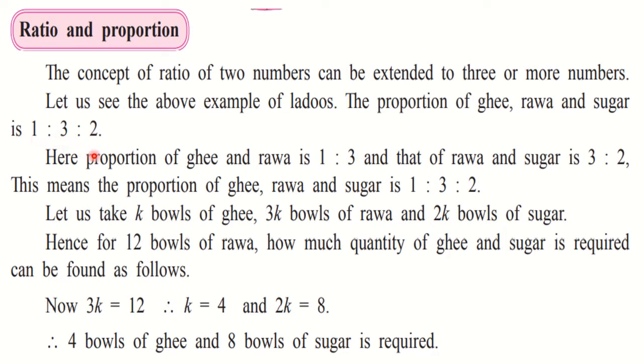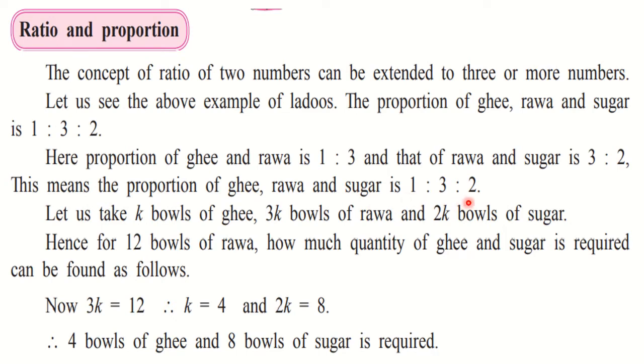Okay, previously we were having only rava and sugar. Now we have three quantities: ghee, rava and sugar. So the proportion is 1:3:2. When we think about only ghee and rava, the ratio is 1:3, and when we think about rava and sugar, the ratio is 3:2. And from this, we can say that the proportion of ghee, rava and sugar is